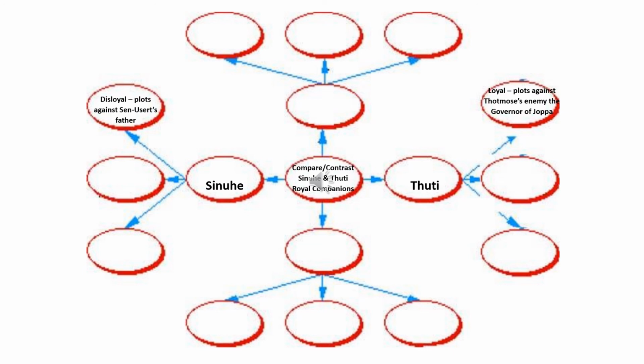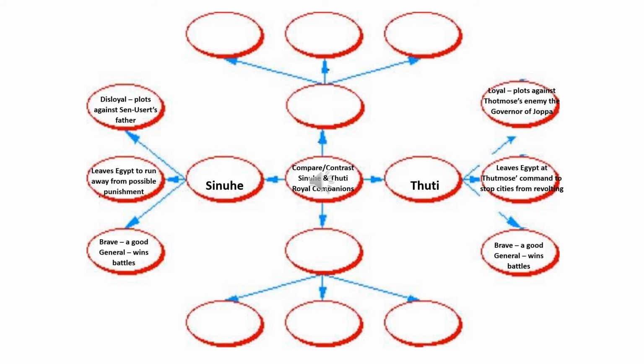The next thing that occurred to me about Sinuhe was that he left Egypt to run away from possible punishment. Meanwhile, Tuti left Egypt at Thutmose's command and to stop the cities from revolting. So these are 2 examples of contrasts. I also noticed that there were things that were alike about them. For example, Sinuhe was a brave and a good general. He won a lot of battles. And Tuti also was a brave and a good general. He also won a lot of battles.